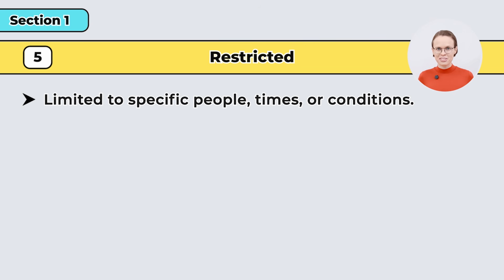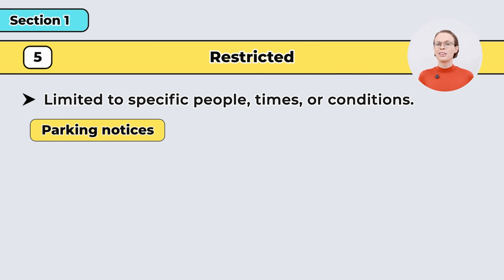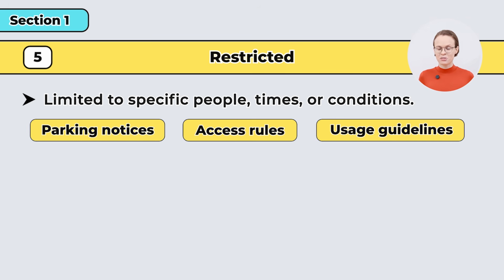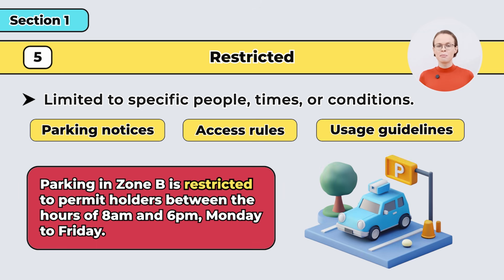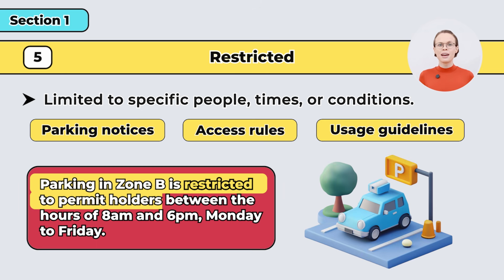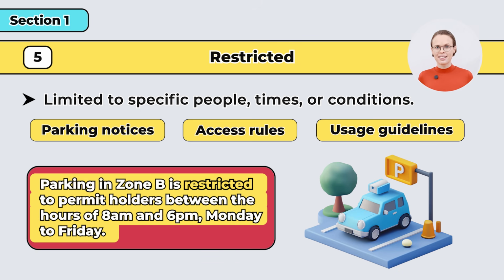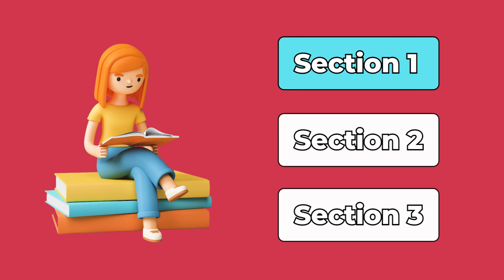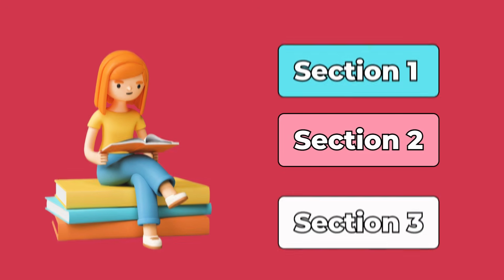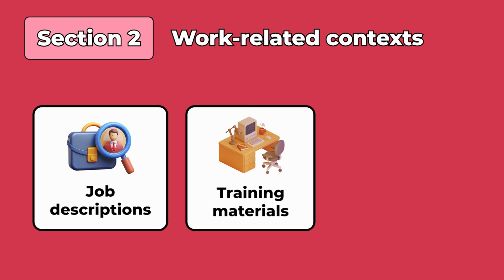This vocabulary frequently appears in parking notices, access rules, and usage guidelines where certain limitations apply. An example might be, parking in Zone B is restricted to permit holders between the hours of 8 a.m. and 6 p.m. Monday to Friday. Now, let's continue with vocabulary that's particularly relevant for Section 2, which deals with work-related contexts like job descriptions, training